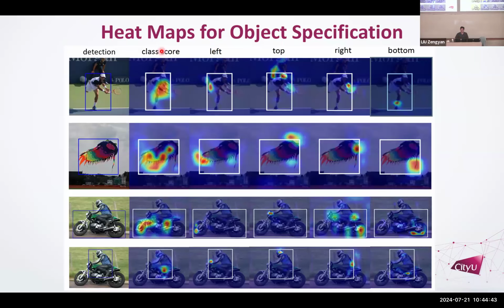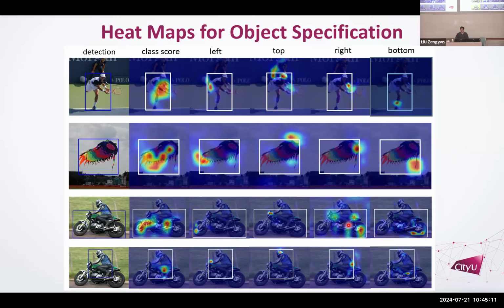Here are some examples when we apply this to a one-stage detector. This is the image, and these are the different explanations for the different parts of the detector. I think this one is kind of interesting. This is the motorcycle. It uses the wheels and this part to detect the motorcycle. And the back of the motorcycle is based on the back wheel, actually, not the front wheel.